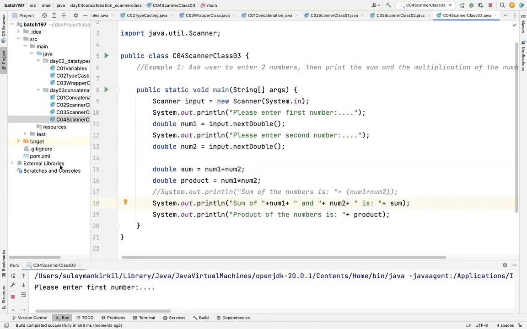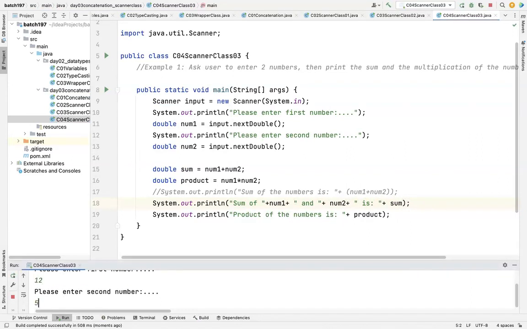How do you feel? Which one is better? 12, first number, 5 is the second number. Which method is better? To write message like this, sum of 12.0 and 5.0 is 17, or product of the numbers is this. The first way is as if the program, the computer is talking to you. You write some values and your program is responding back to me according to what I have given as a